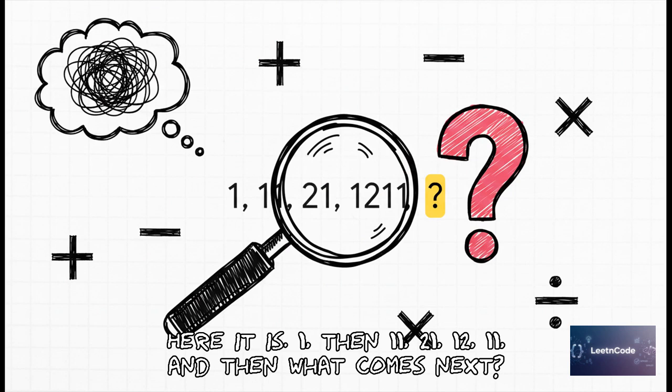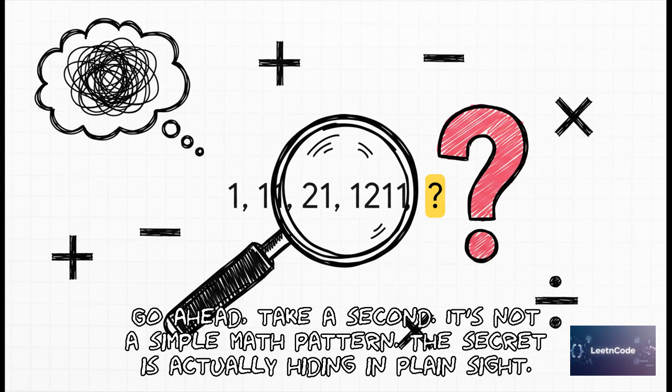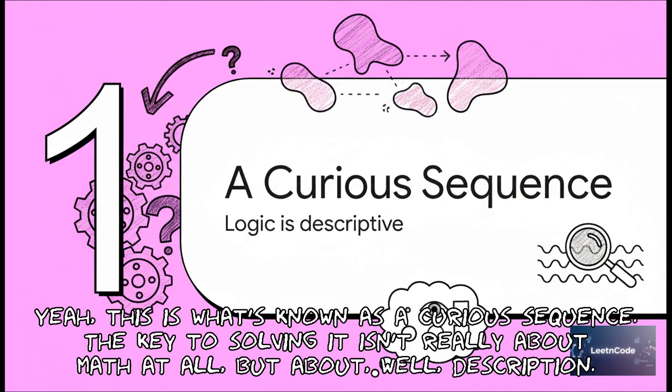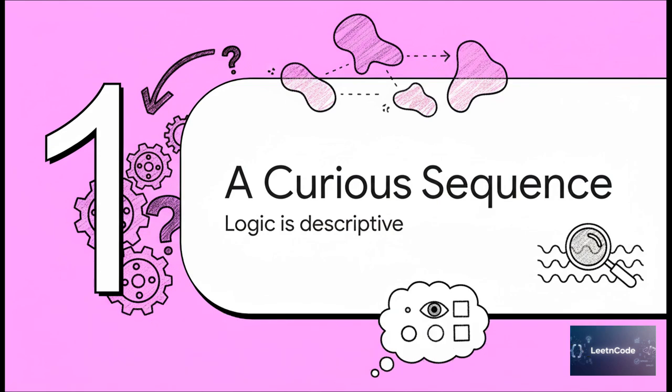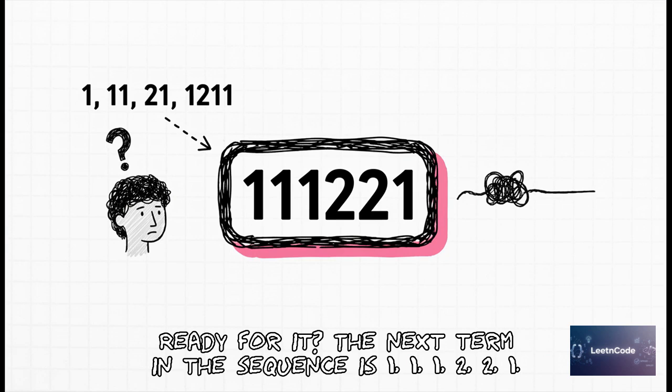Here it is: 1, then 11, 21, 12, 11, and then what comes next? Go ahead, take a second. It's not a simple math pattern. The secret is actually hiding in plain sight. Yeah, this is what's known as a curious sequence. The key to solving it isn't really about math at all, but about, well, description. Ready for it? The next term in the sequence is